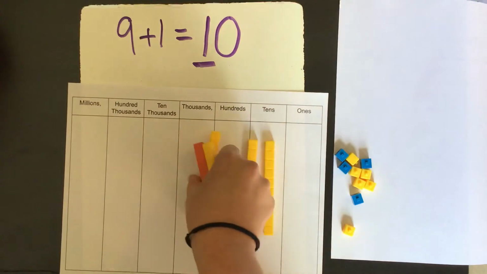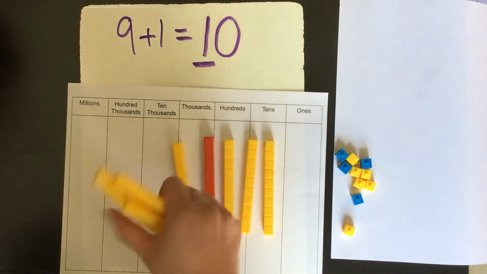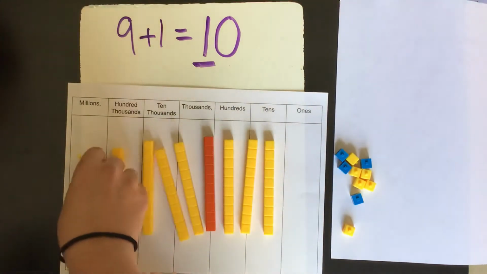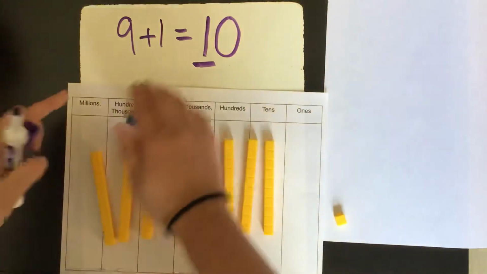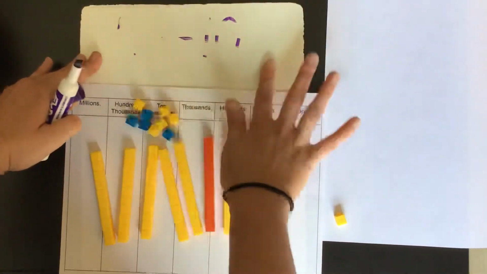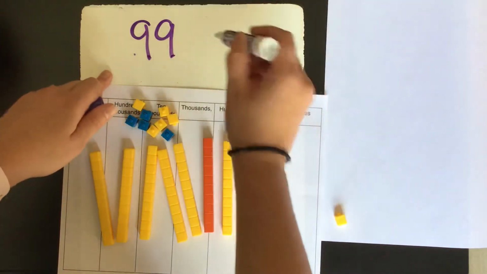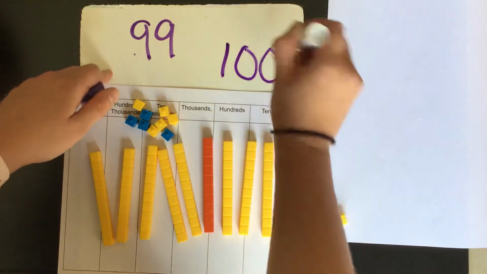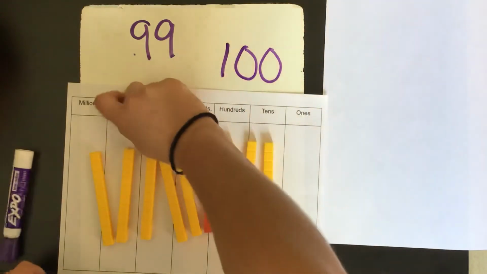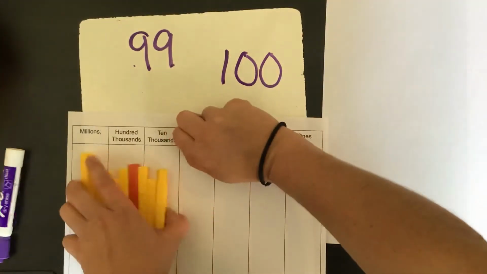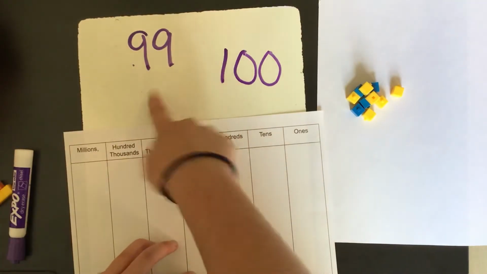So let's say I have 10, 20, 30, 40, 50, 60, 70, 80, 90, and I add 9 cubes to get 99, and I add one more, that makes it 100. So I'm just using the digits 0 through 9. But what we know is that when a number is written like this with numerals, that is what we call